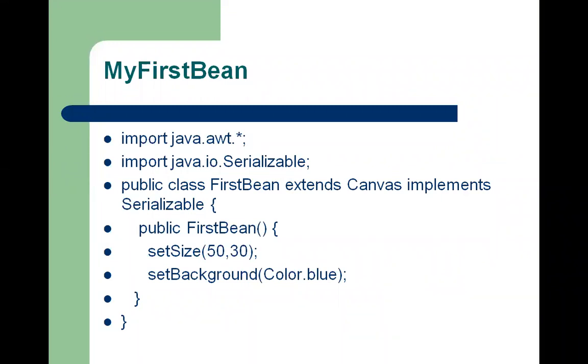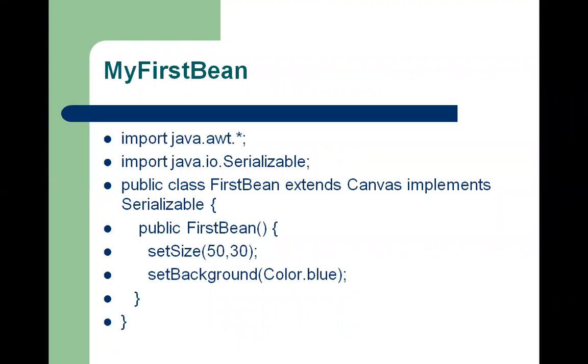Import Java abstract window toolkit. Why do we need the abstract window toolkit? Because this lets us make a form, and the bean enhances the property of that to make it more viable towards web development and web technology. We also import the concept of serializable. In the serializable concept, we have persistence within it. With the help of persistence, in the multi-threaded environment, we are able to reproduce the same bean on every system, following the write once run anywhere concept.